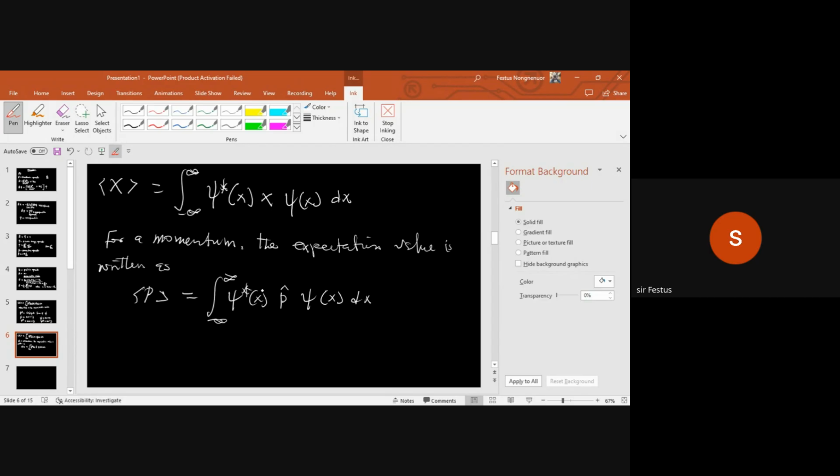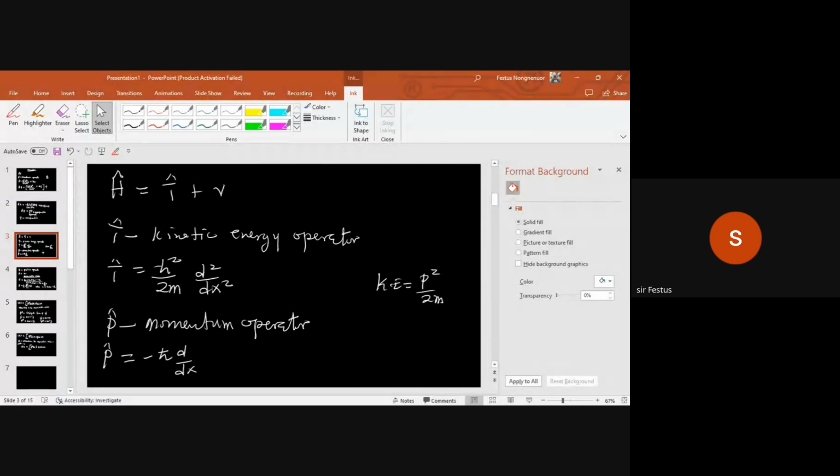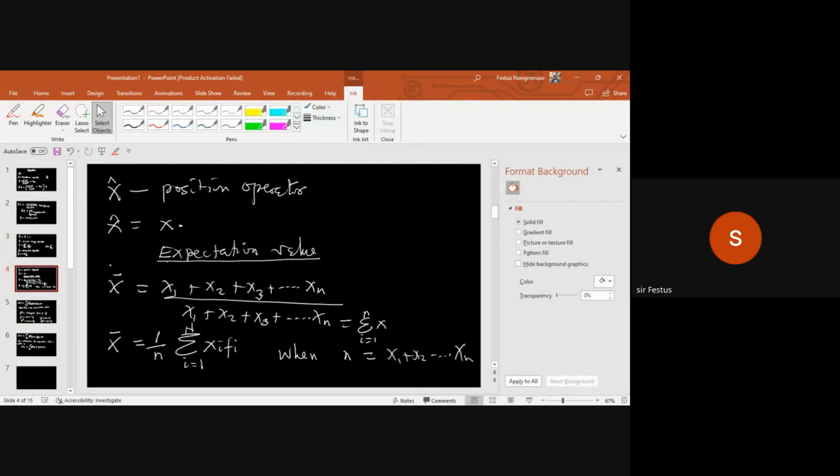Now you see, this momentum is an operator. It's not like the x. You see the x, when I wrote the position operator, when I operate that one on anything, I will still get x. So that will be like a direct multiplication. Like if I multiply 2 by, let's say, 2x, it's going to give me 4x, right? But since this is an operator in a form of differential,